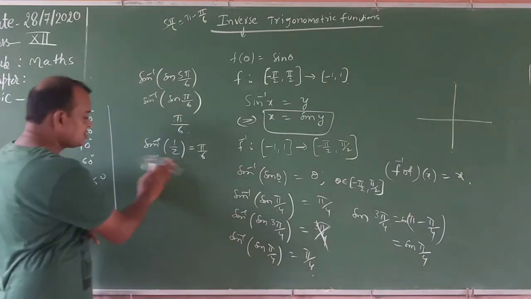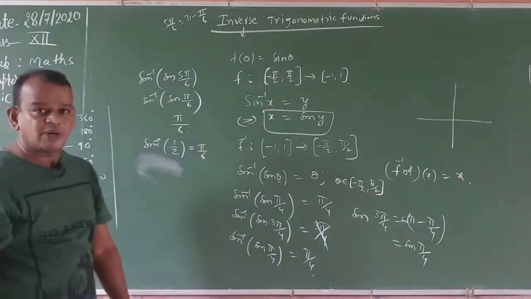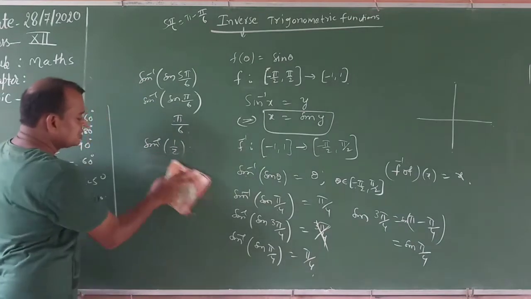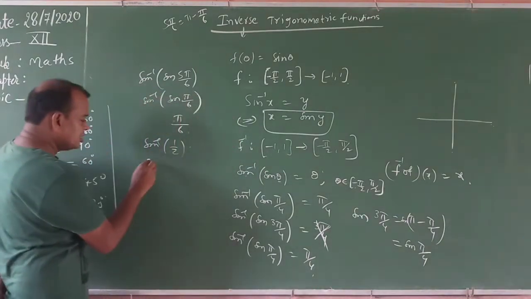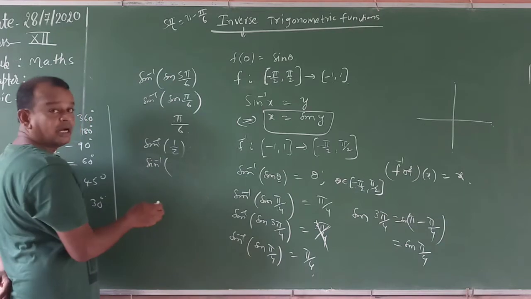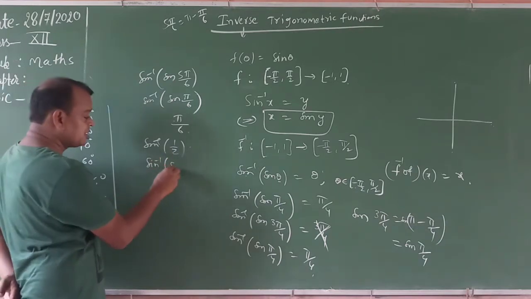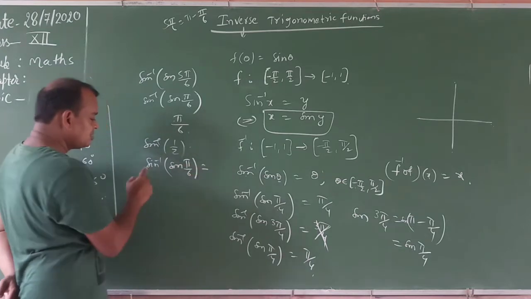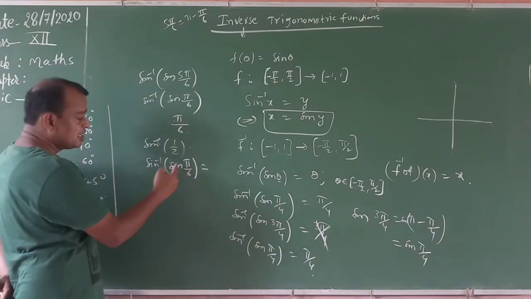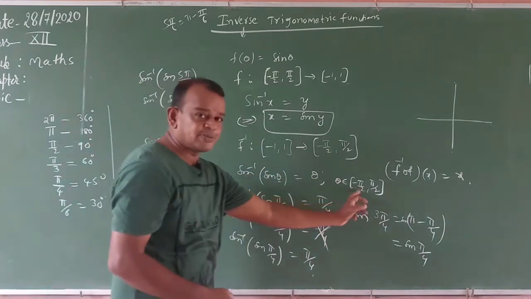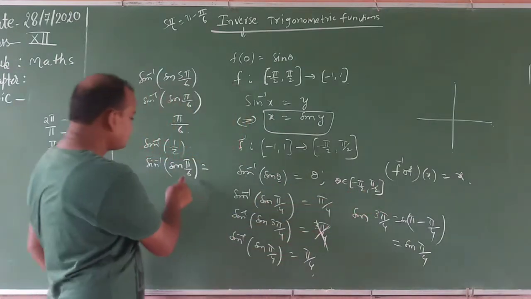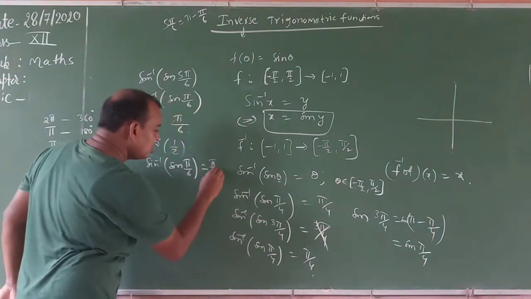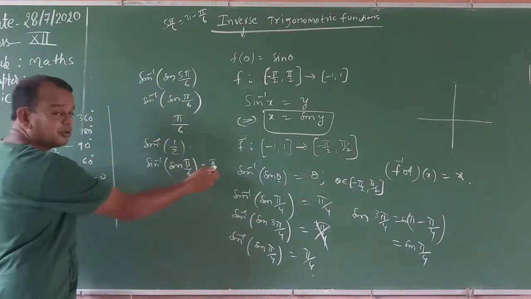You remember these values. Sin inverse of 1 by 2 equals how much? How will we get that? Now the reason: sin inverse of 1 by 2. When you get 1 by 2 for the sin function, it means sin 30 degrees, which means pi by 6. Sin inverse of sin cancels. Why? Because sin inverse of sin theta equals theta, where theta belongs to minus pi by 2 comma pi by 2. Or not? Yes, theta equals pi by 6 is in this interval. So what is the answer? Pi by 6. Sin inverse of 1 by 2 is equal to how much?